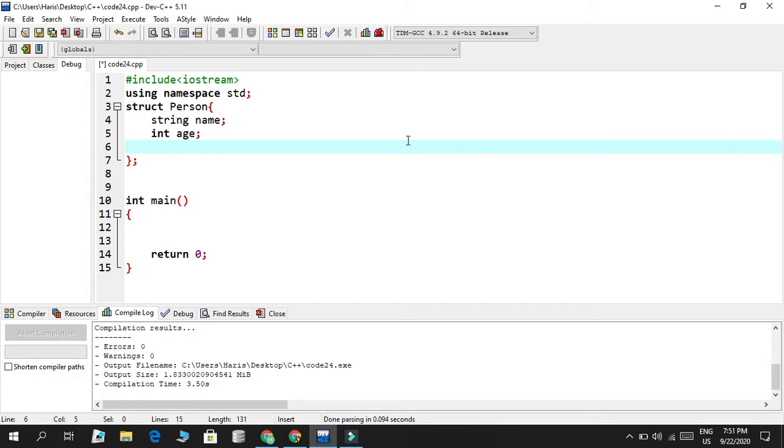And then a person obviously has some kind of gender, so we could say bool isMale. So there's a boolean type, is he male? If it's male, it's true. If it's not, it's false. Okay, so it's false. So now what we do is that we call our struct that we made, Person,